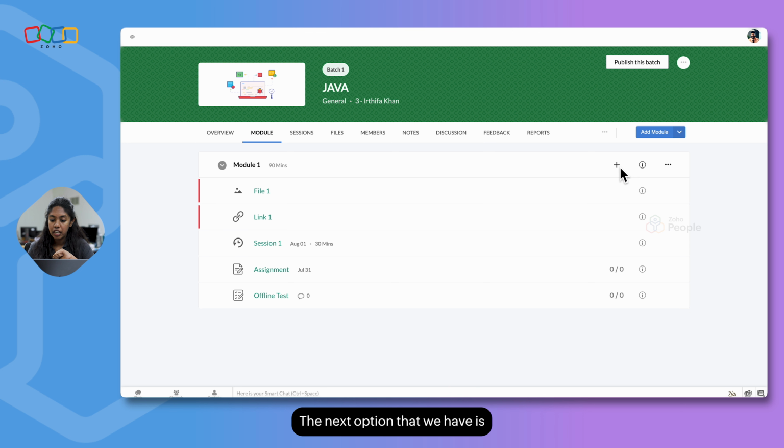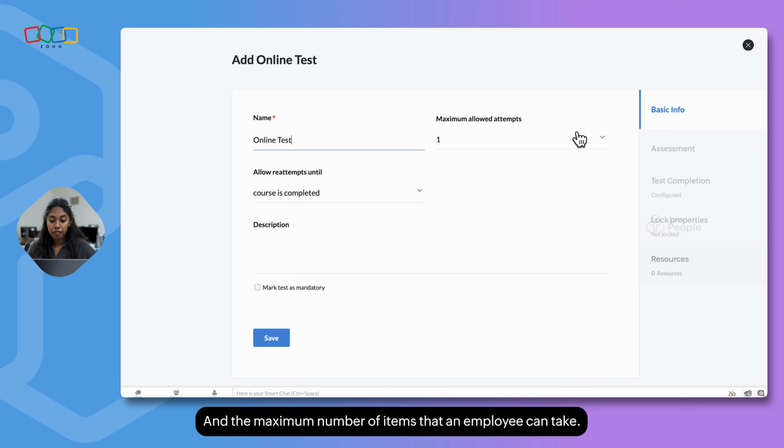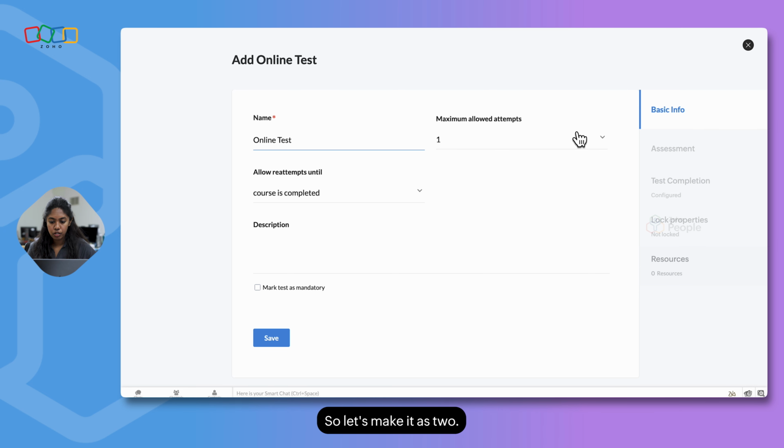The next option that we have is creating an online test. So when you say online test, the test itself happens through Zoho People. So let's create an online test. So let's give it a name. And the maximum number of attempts that an employee can take. So let's make it as 2.